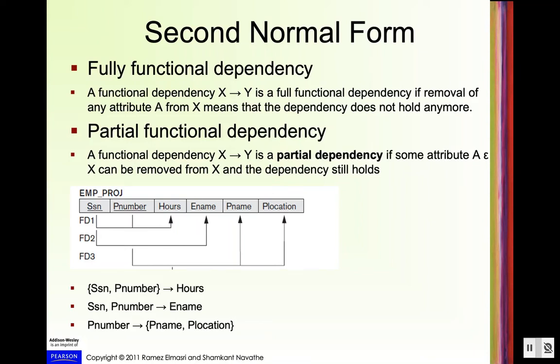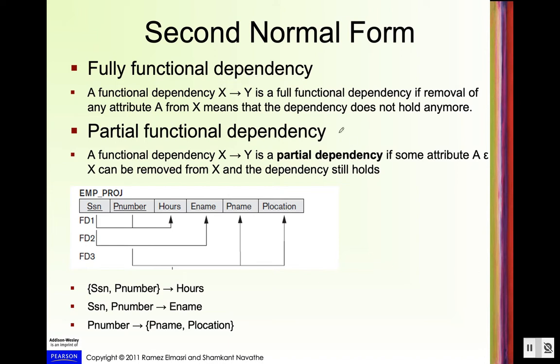In this segment, we are going to talk about second normal form. So, before we learn about second normal form, we are going to know about two important terms: fully functional dependency and partial functional dependency. So, let's say you have a functional dependency X to Y, or Y is functionally dependent